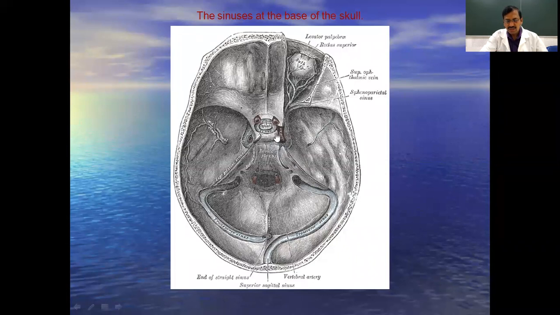And in the cavernous sinus, that is CSVT, this is the most common clinical condition. It produces excruciating pain and pulsating eyeball, due to damage to the internal carotid artery at the level of the cavernous sinus. Some other clinical conditions are compression over the nerves, which produces pain over the distribution of all the nerves having relation with the cavernous sinus.